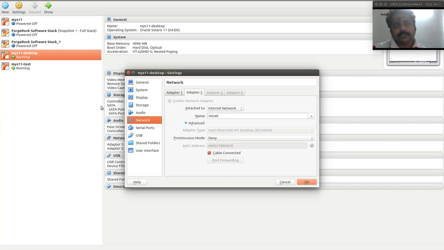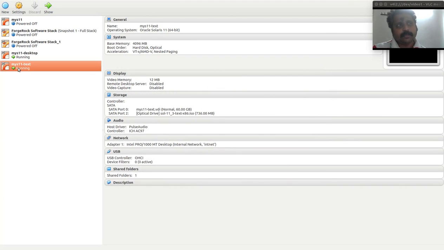Now this is to make sure that my Solaris 11 desktop is able to communicate with the text-based installation of Solaris 11, because my desktop is going to act as a client for the IPS repository. So the plan is my S11-text, which is based on the text installer, is going to be set up as a local image packaging system repository, and my S11-desktop, which is basically a live media installation, is going to act as a client. So my client would perform the package installation from my S11-text, which is going to be set up as a local repository there.